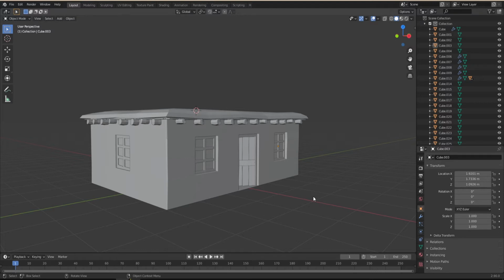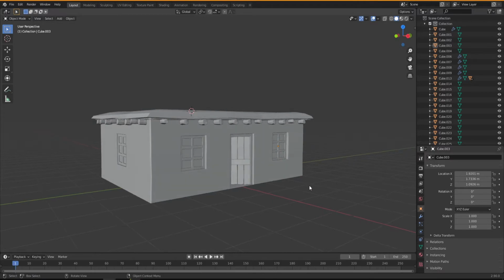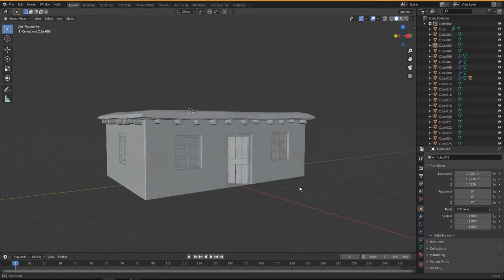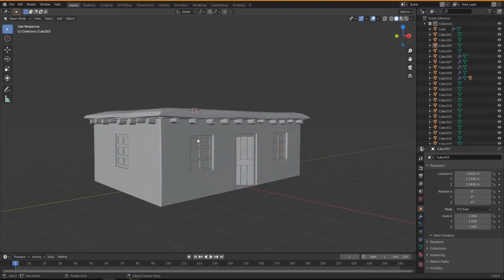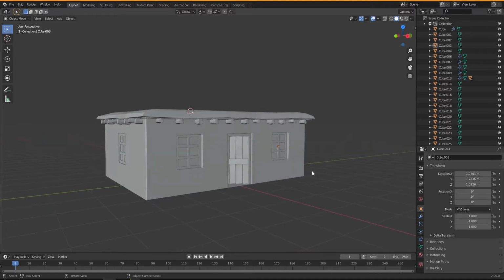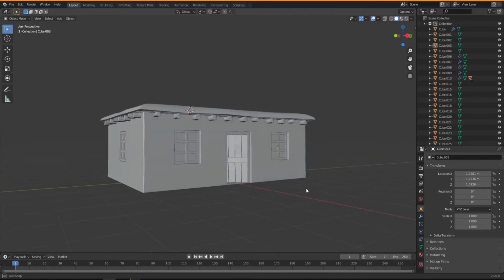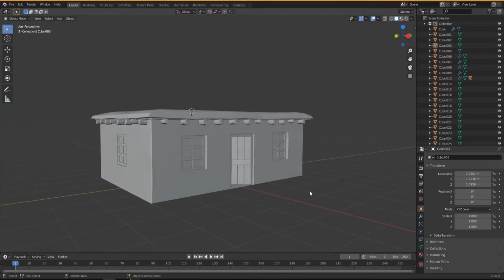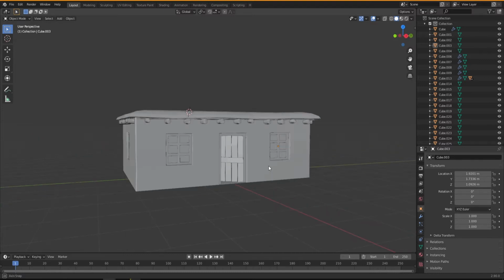I'm Azadeen. This is where we left off in the last video, and we're gonna carry on doing our next object for our scene. But before modeling the next object, I want to organize what we have in the scene, to make our life easier. When we have a lot of objects in the scene, it's gonna be really messy and hard to find our object. So on this side, if you remember, the collection side, which is for organizing the objects in the scene. So I'm gonna put each different object in a different collection, just to organize it a little bit better.